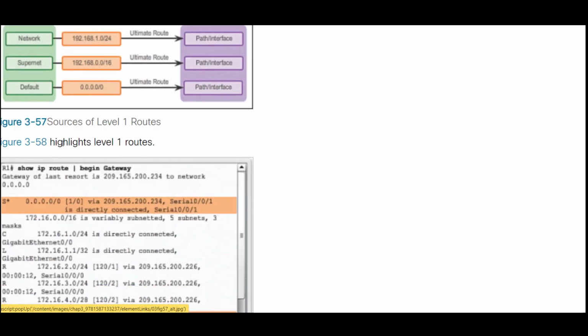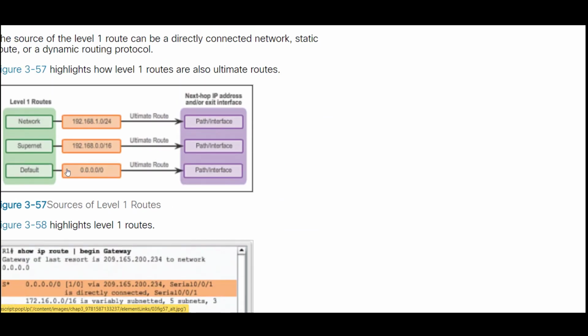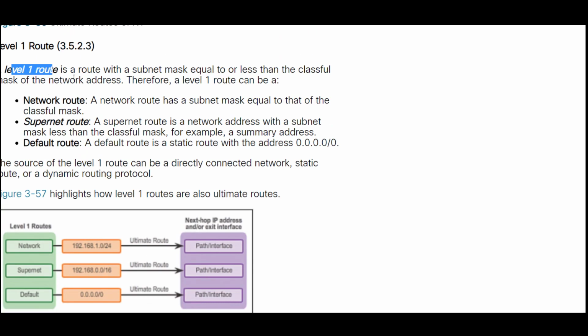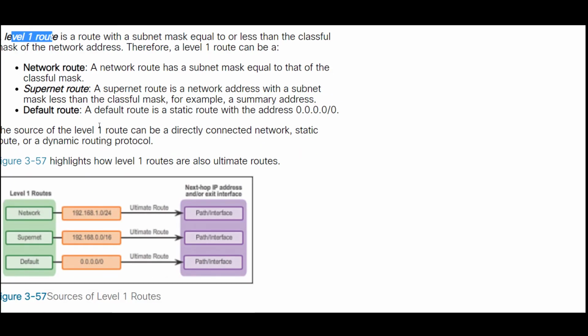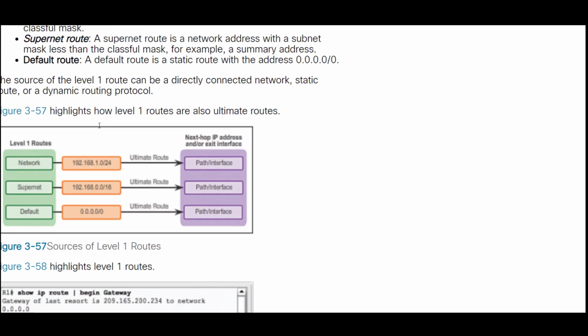Then one more thing, we know the default route. This we have done. Default route means 0.0.0.0/0. So the default route is also called a level 1 route. Okay, this is the formula. I repeat, just a summary. What does level 1 mean? You have to see the IP address and you have to see the subnet mask. Class C 24, class B 16, class A 8 means it is level 1. Suppose a supernet has been done. What does supernet mean? They reduced the number of bits in the network.